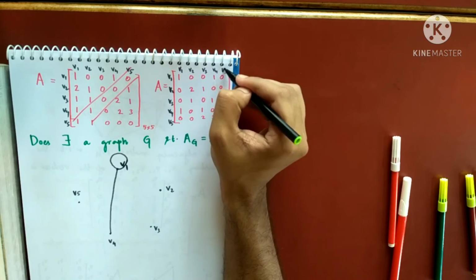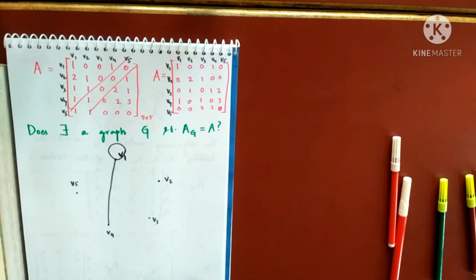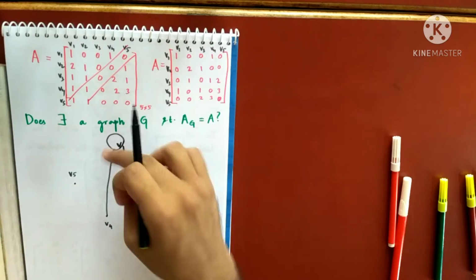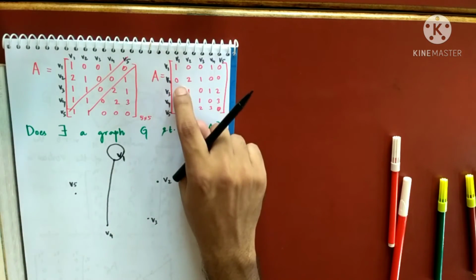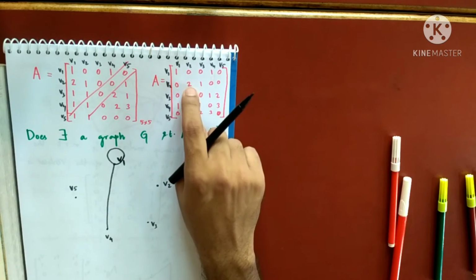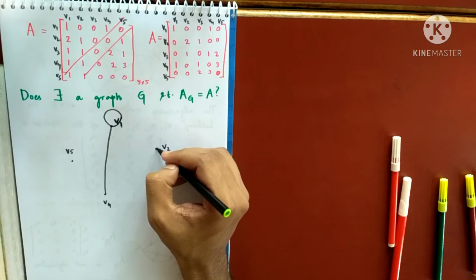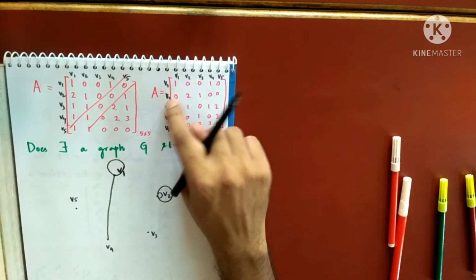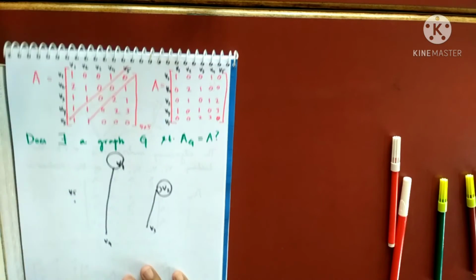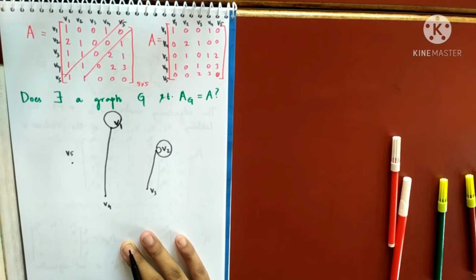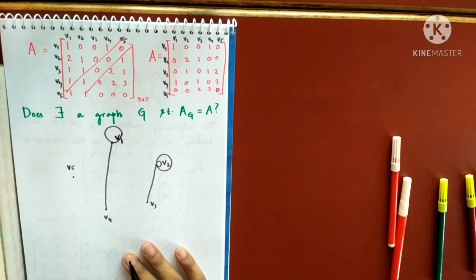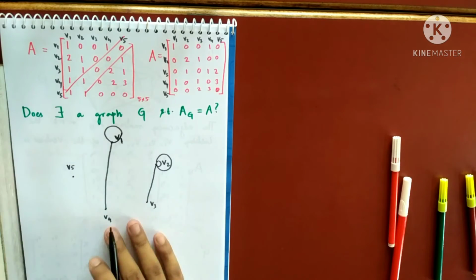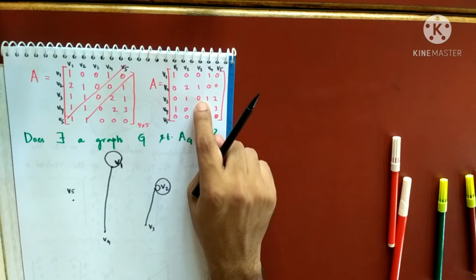We give some particular listing to the matrix like this, and let's do it. So this is the same. Now go to V2. V2 to V1 is 0, V2 to V2 is 2. That means there are two loops at V2, one loop and another loop. V2 to V3 is 1, you can draw it, right? Then V2 to V4 is 0, and V2 to V5 is 0. V3 to V1 is 0, V3 to V2 is 1, it's already drawn. V3 to V3 is 0, no need to draw anything.